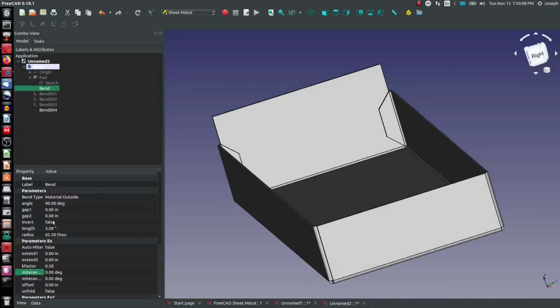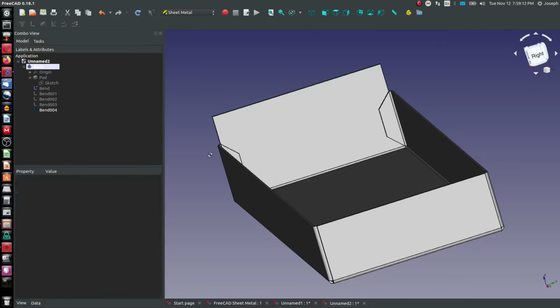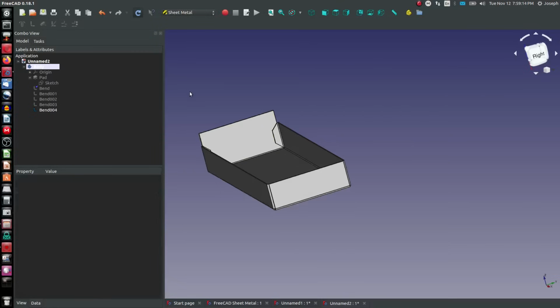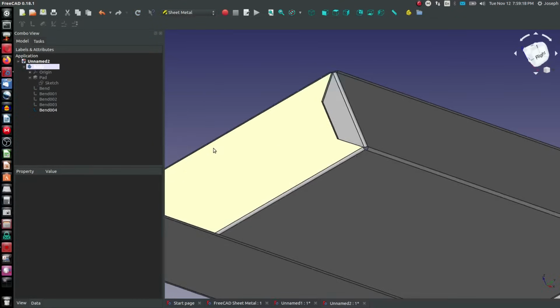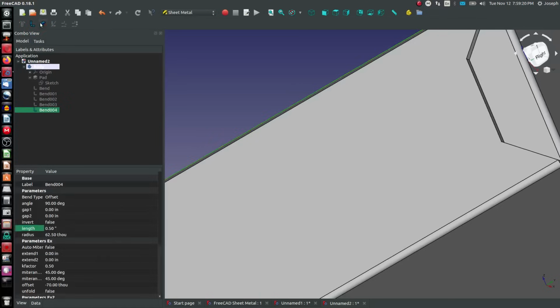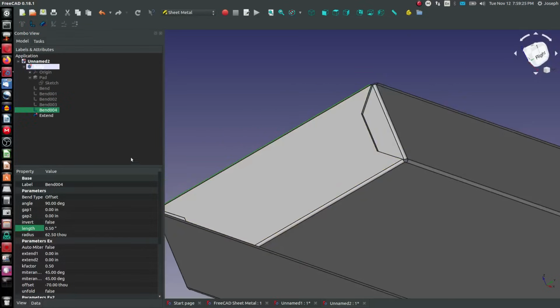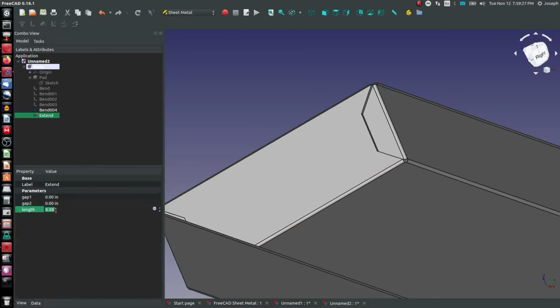My preference is to take this down back to 2 inches and use another tool that I haven't shown you how to use yet, and that is I can highlight an edge here and use this extend a face along normal, and on this I can change the length to something like 1 inch, rebuild,